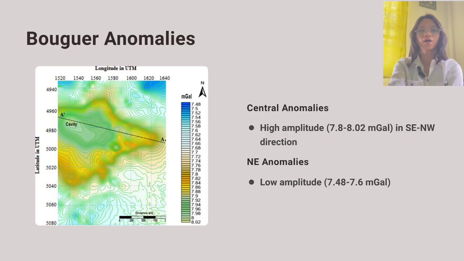This contour or color-coded map depicts the spatial variation of Bouguer gravity anomalies across the survey area. It reveals patterns that may correspond to subsurface density contrasts, guiding the identification of potential targets. The figure also provides a baseline for further processing steps, such as regional trend removal and residual anomaly analysis.